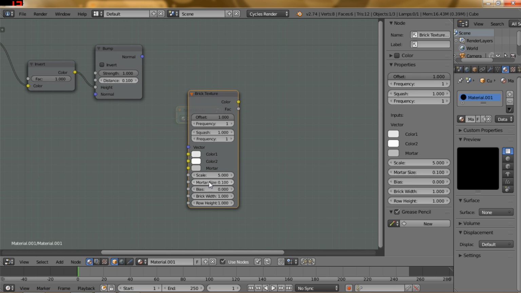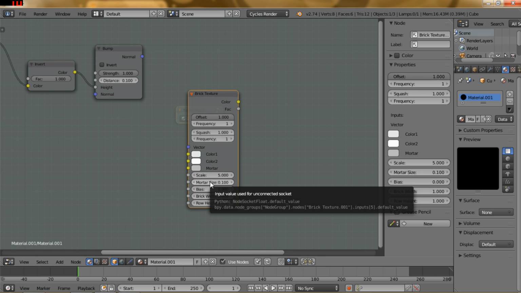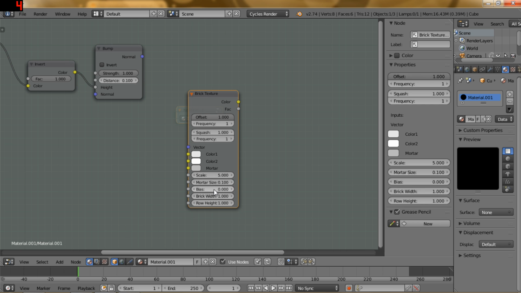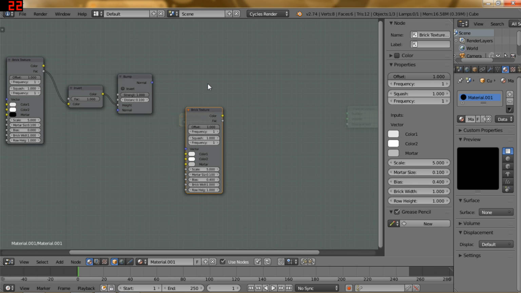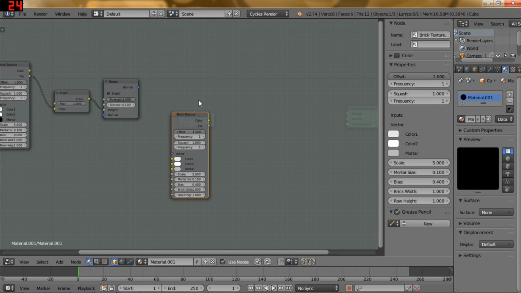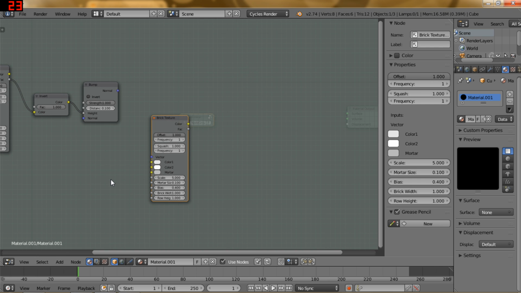Our scale we're not going to mess with. The mortar size should be 0.1. Our bias we are going to change. That's going to be a 0.4. And then our brick width and height should be 1. Okay, so now that we have that brick texture set up, now we need to add a diffuse and a